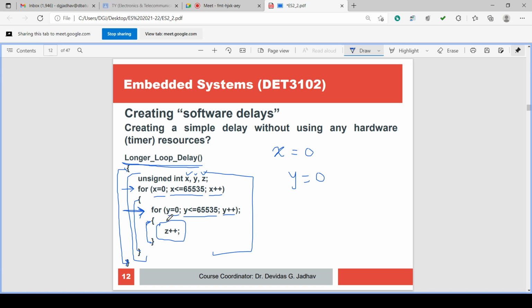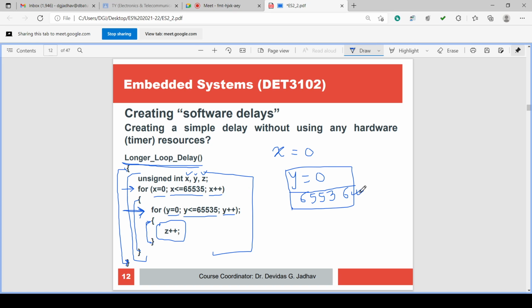So y equal to 0 executes for 65536 times. From the initialization y equal to 0 up to y equal to 65535 it executes, a total of 65536 times.